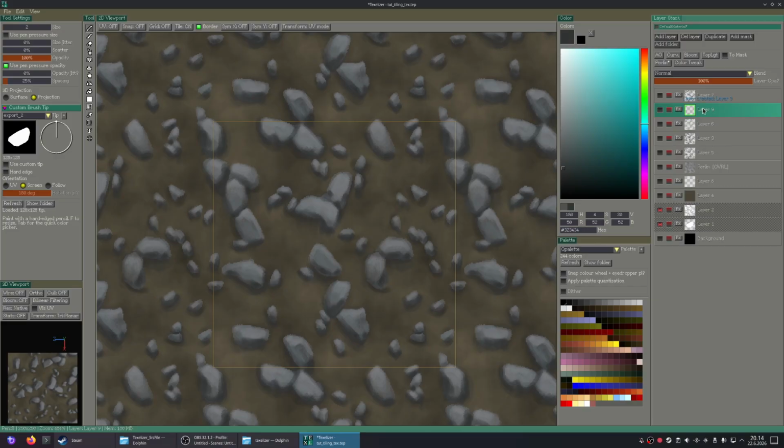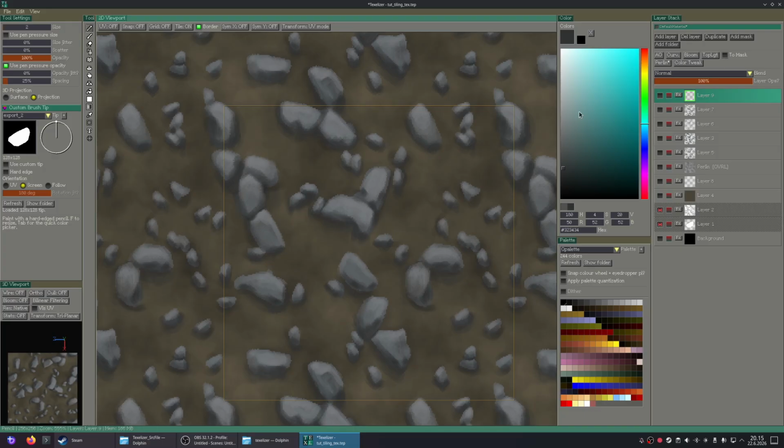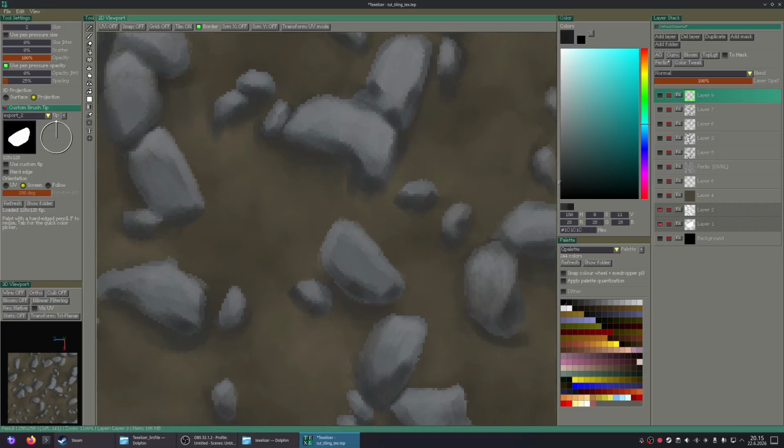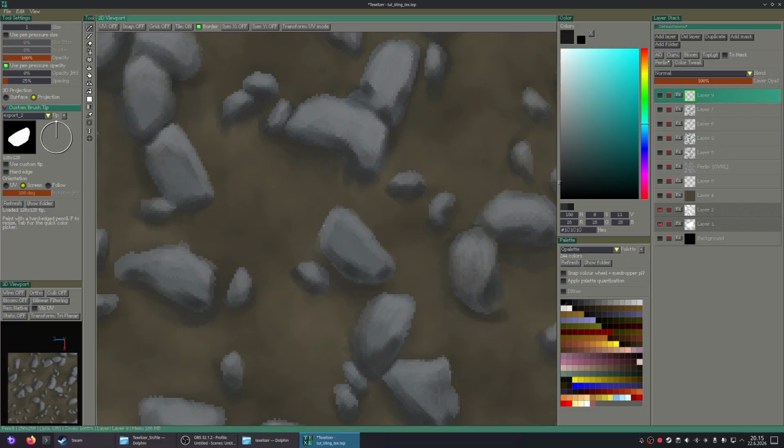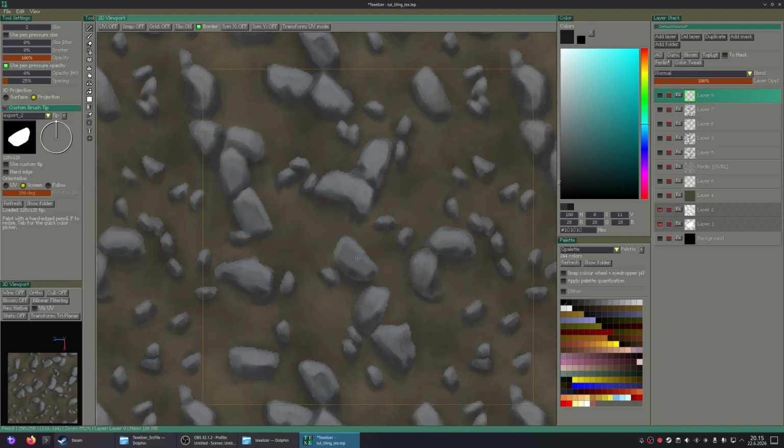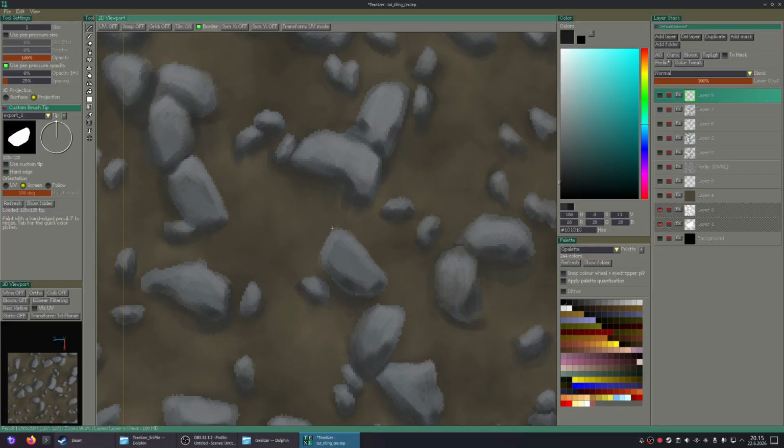And I'm contemplating if I should make a solid black outline for all these rocks, and go for a more stylized look instead.